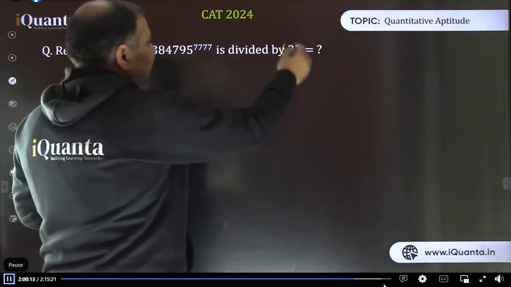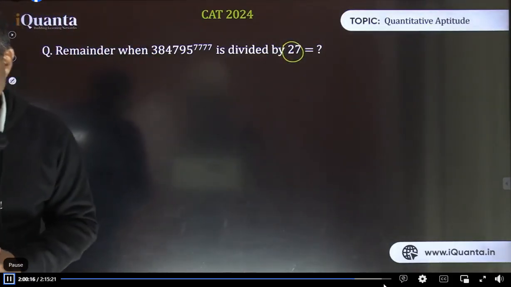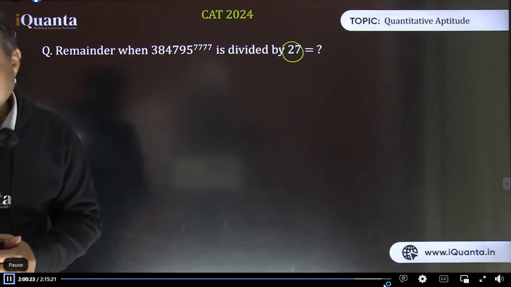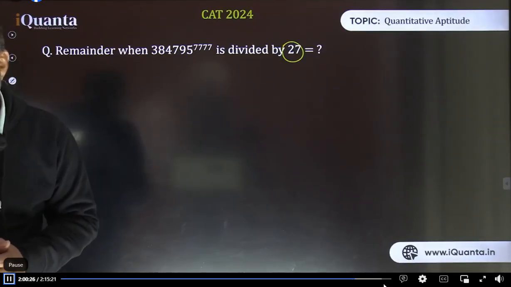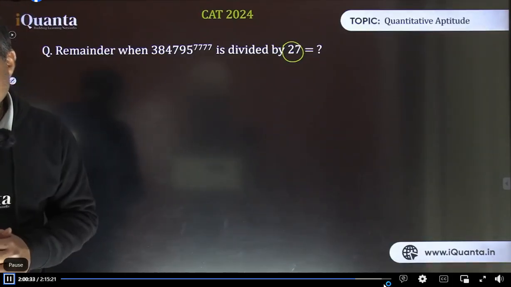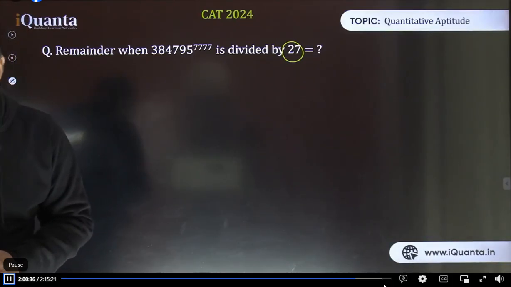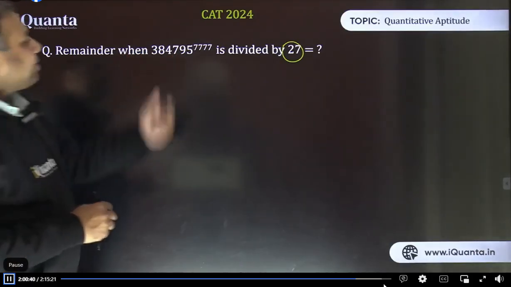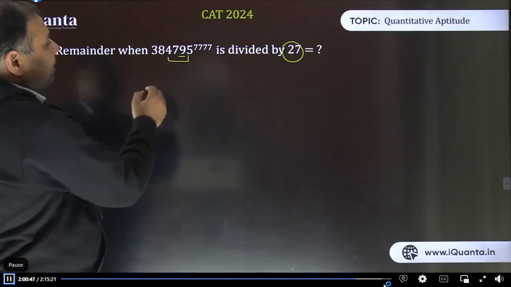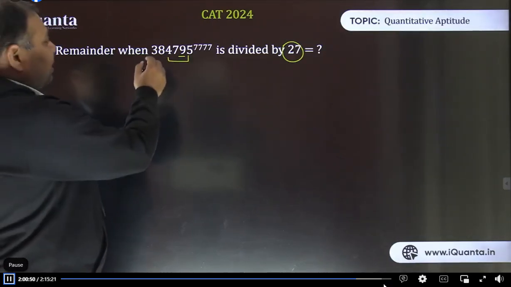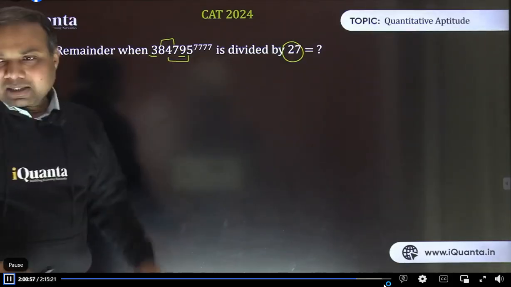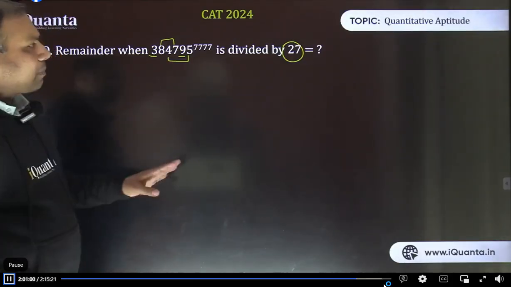This is 27. Can you find out their HCF? How much common factor is coming? These are not co-prime. What common factor are you able to see? How do you know they are not co-prime? What is their highest common factor that you can see? 3. Okay. Is this number divisible by 3? Let's check. This 9 is divisible by 3. 5 plus 4 is divisible by 3. And 3 itself is divisible by 3. And 8 plus 7 is also divisible by 3. You are all right. Perfectly fine. 3 is the common factor. And some of you are saying 9 is the highest common factor. Okay, no problem. But basically they are not co-prime.